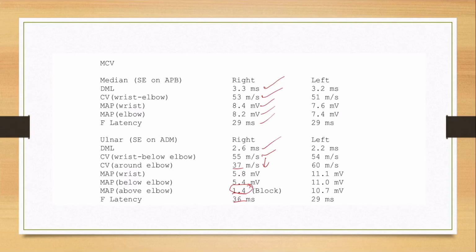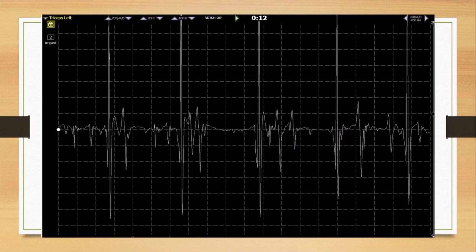We can also note as well that the motor amplitudes are a fair bit less than on the contralateral side, which was a very normal 11. So there is sensory and motor fiber impairment, and we know that the motor fiber impairment is going around the elbow too. But remembering, of course, that the symptoms are not fully in keeping with an ulnar neuropathy,